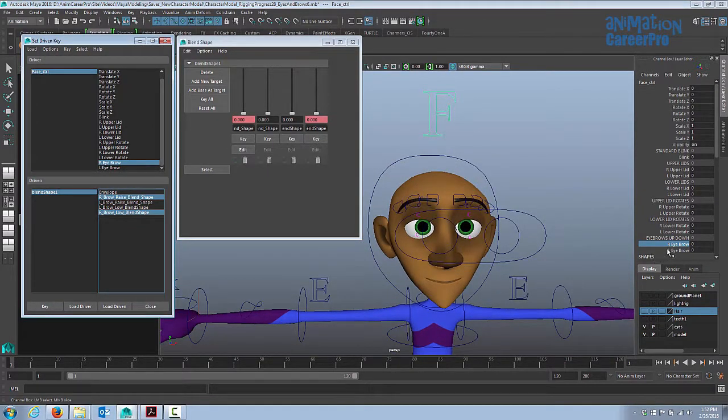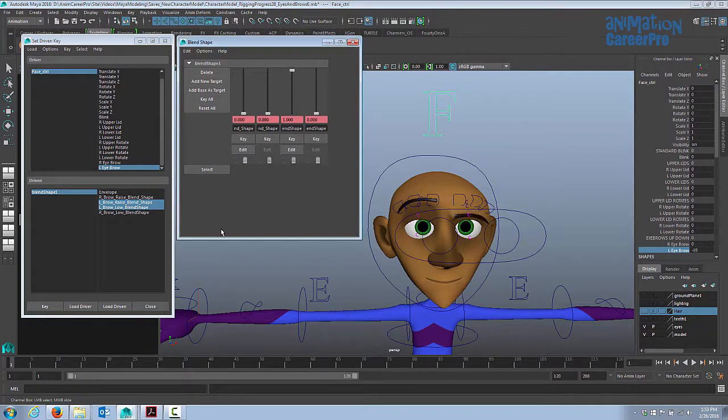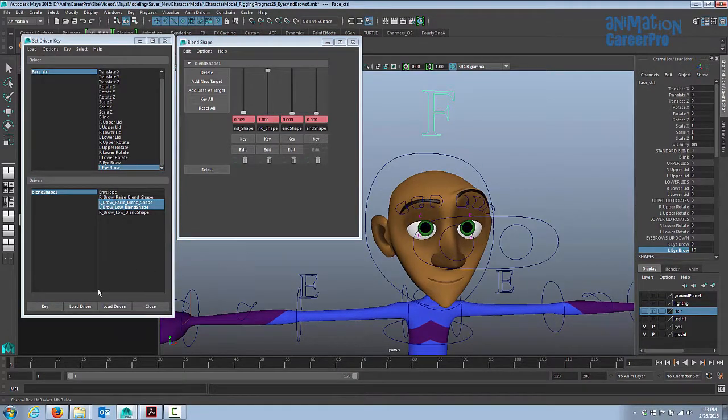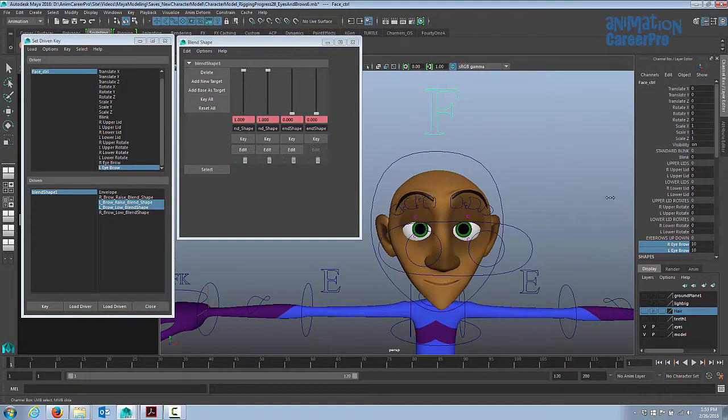So now we need to do the left eyebrow. So make sure that we change the driver attribute here to left eyebrow, and we'll just shift select our left eyebrow under the driven part of the set-driven key window, and we can key that now. So it keys it at its default position, and let's change the left eyebrow attribute to -10, and we'll bring that left eyebrow down to the -10 value and key it. Now we'll change the left eyebrow attribute to +10, and we'll bring it up, and we'll key that. So if we select both these attributes, we can bring them both up and both down together or individually.